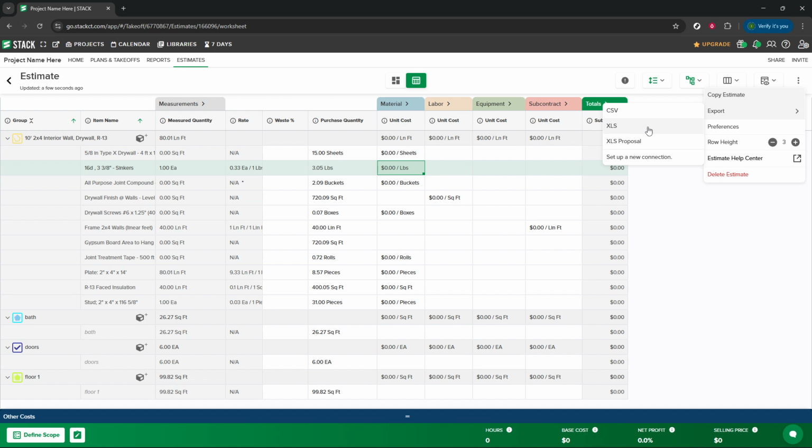With that, you've learned how to efficiently edit unit costs in Stack. This skill can help you keep your projects financially organized and more effectively